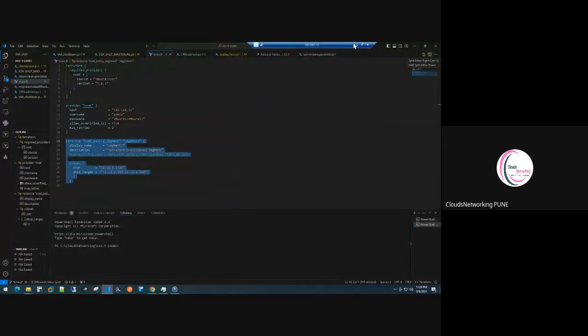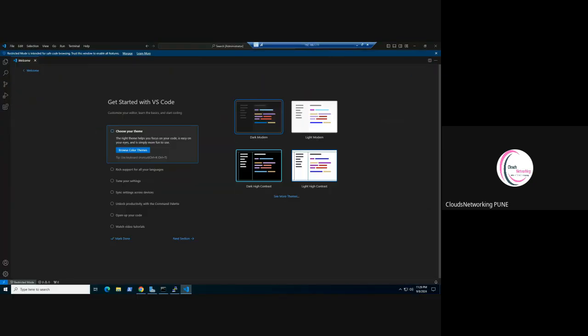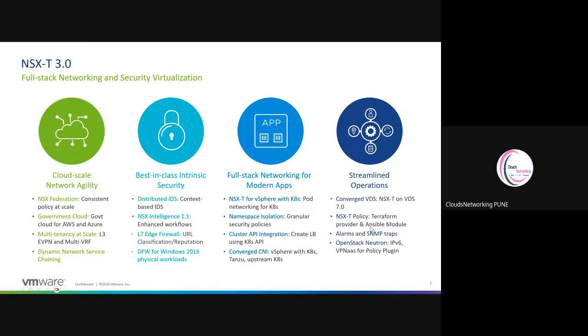Okay, so coming back to the slide, that is Terraform. Same way में Ansible भी है, Ansible भी वैसे ही है, लेकिन Ansible मुझे नहीं आता, I know Terraform. ठीक है, next is alarm, the SNMP traps वगैरह। ठीक है, वो तो छोड़ दो, मॉनिटरिंग है, IPv6 सपोर्ट करता है। ठीक है, these are the things. Okay, so ये NSX-T है, full stack सब आपको सपोर्ट कर रहा है।